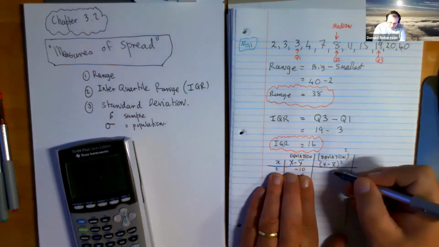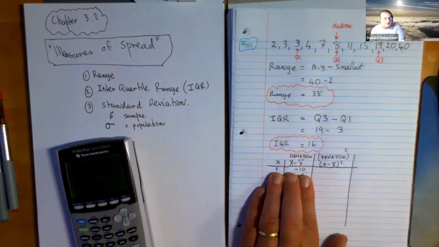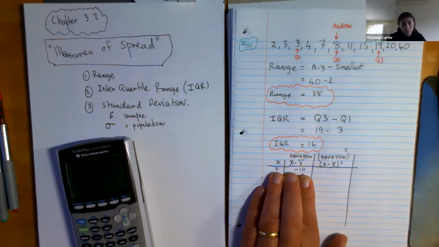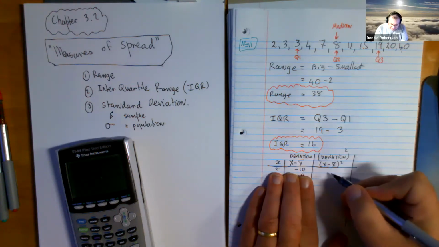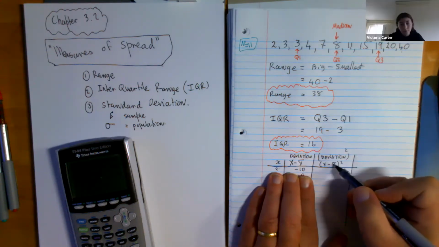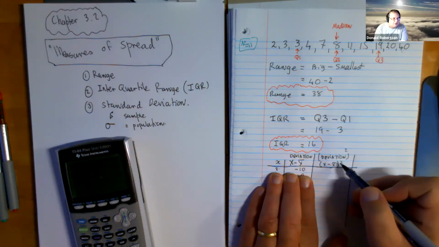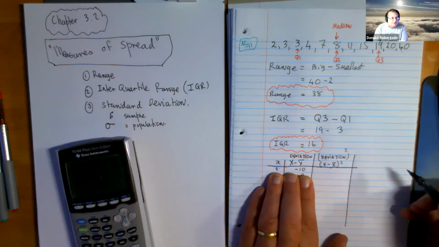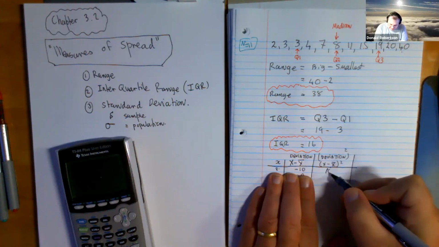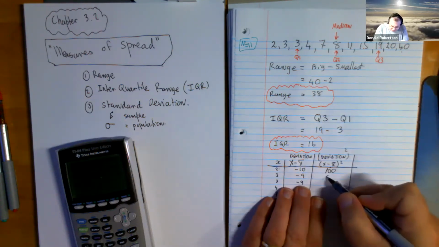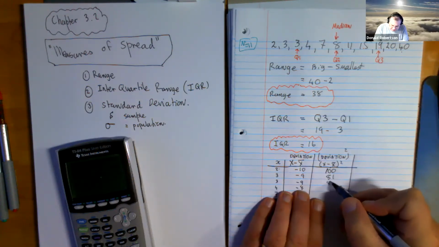What do you think I do here? What would the answer be? Victoria? Would that be like the negative 10 minus 8? Well, what would you do? You take negative 10 and square it, right? So what number would negative 10 times itself be? Negative 100. Is it negative or positive? Positive, sorry. I gotcha. And then you do the next one, you get 81, then you get another 81, then